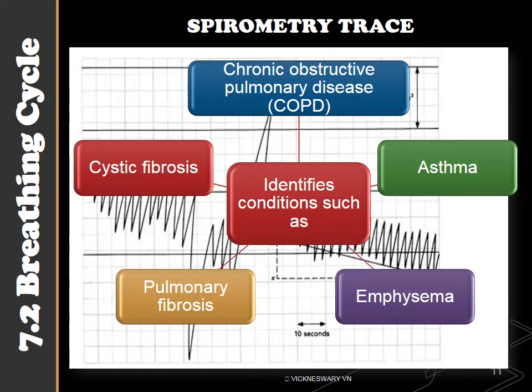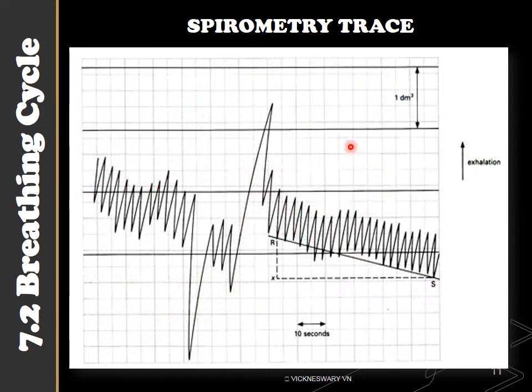So now you are familiar with each one of these conditions. Okay, so a patient with any one of these conditions will not show a spirometry trace like this. Their graph will either show shorter peaks, or the peaks may be further apart. Now what these peaks actually show is us inhaling and exhaling normally. These parts of the graph are when we are breathing normally.